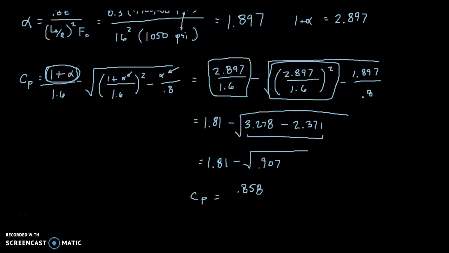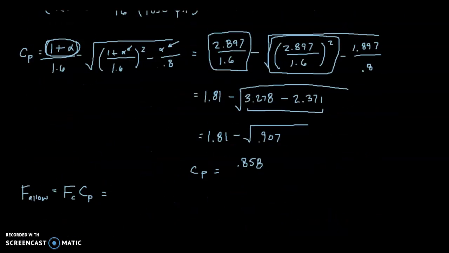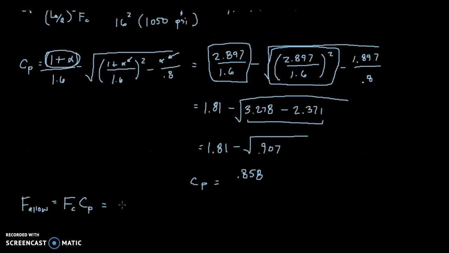So what this is telling us now is that our allowable stress for this column is going to be equal to the F sub C, the allowable stress from the appendix, multiplied by CP, the stability adjustment factor. F sub C, the allowable stress parallel to the grain from the appendix for a Douglas fir, was 1,050. So that's